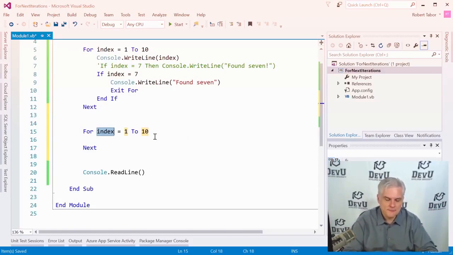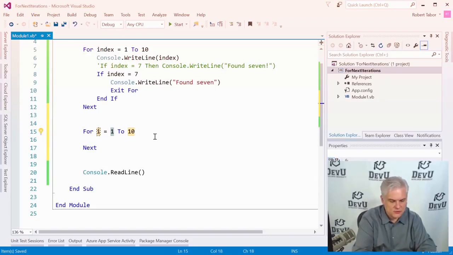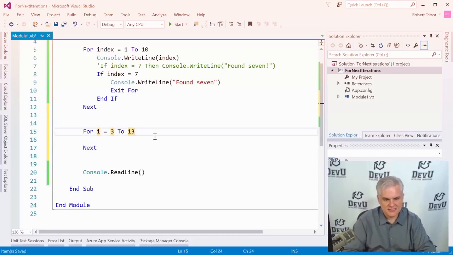a code snippet. I can continue to tab my way through and notice that there are 3 fields that I'm tabbing between, and they're all kind of in this goldenrod or yellow color. This will allow me to change, for example, the variable name that's used as the iterator variable. So I can change it from index just to the letter i. I can change it from 1 to, let's say, we'll start at the number 3 and we'll go to the number 13 instead. And when I've finished replacing